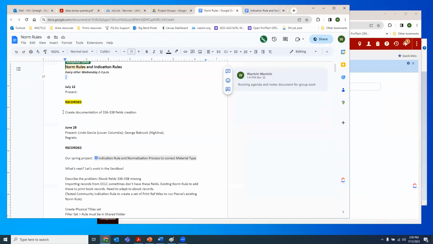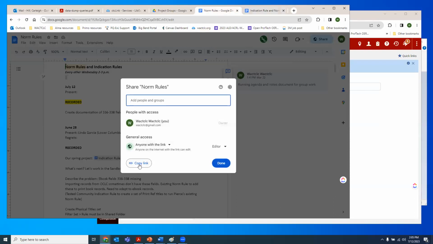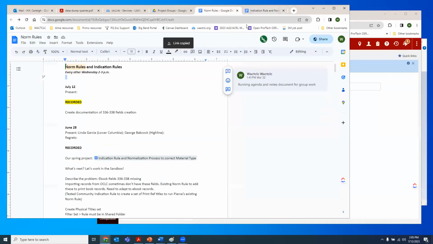And then today we were going to go over the documentation for the 336 338 fields creation, because at our last meeting we found existing community rules. So I'm going to share this so that everybody can get in, and then we can,